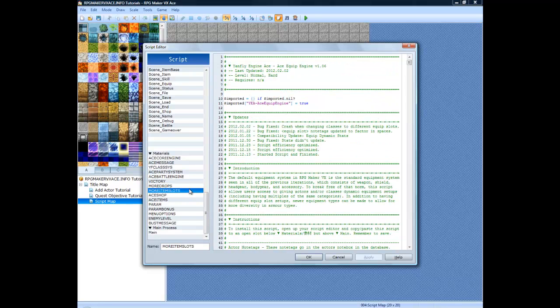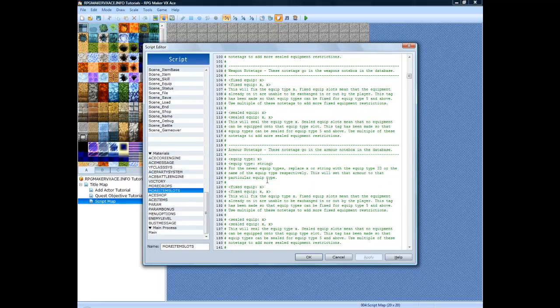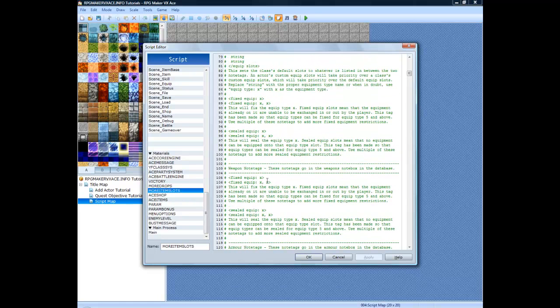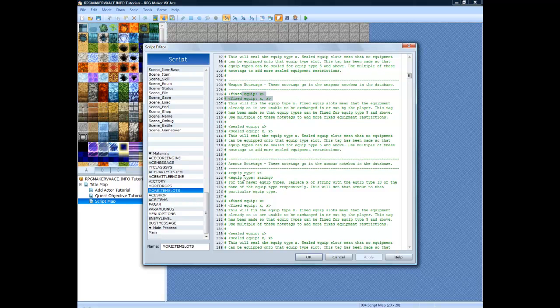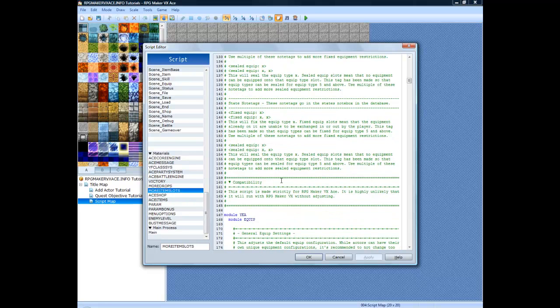And then this one is the equip engine. It adds item slots, so it takes a little bit of setup, but there's note tags that go in actors for starting equipment, in equipment to define what type of equipment it is. So